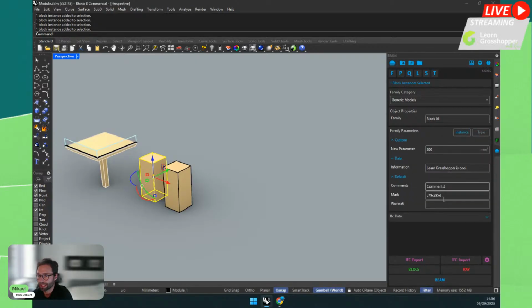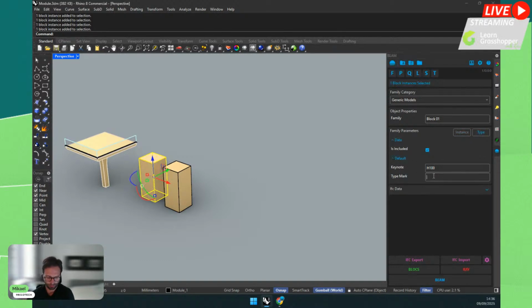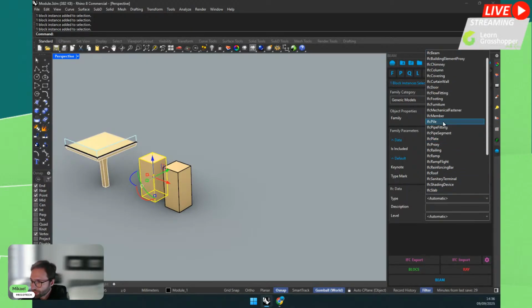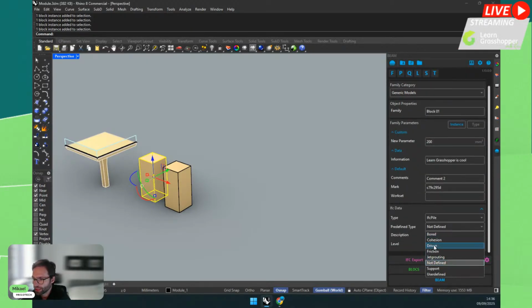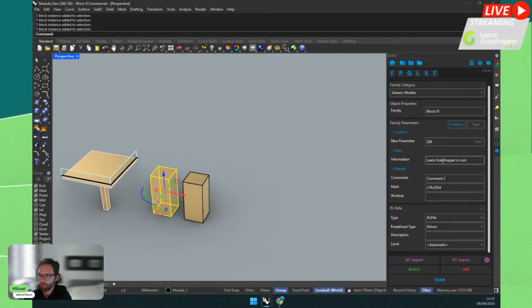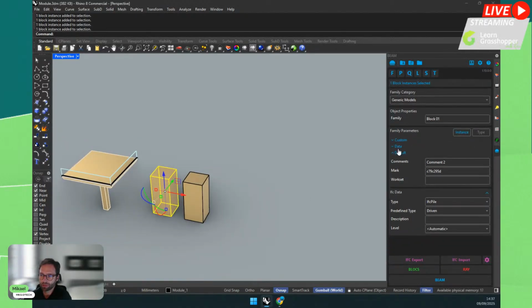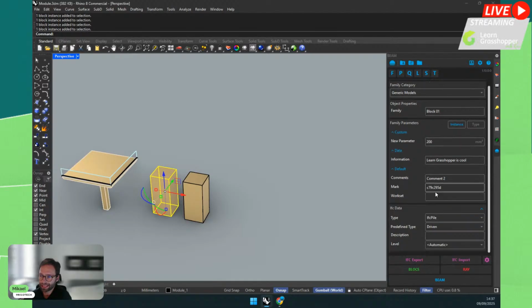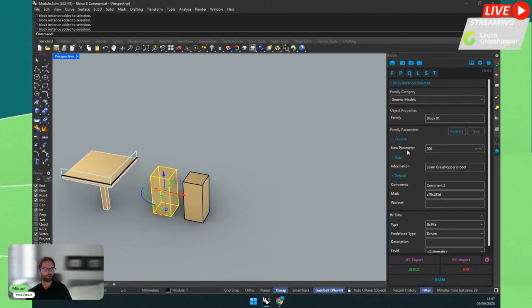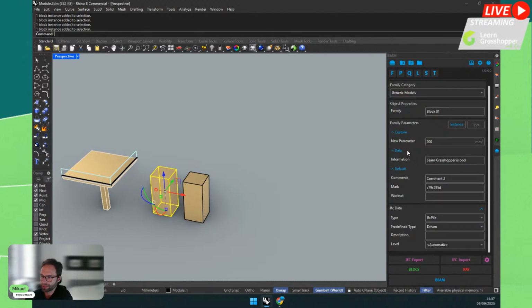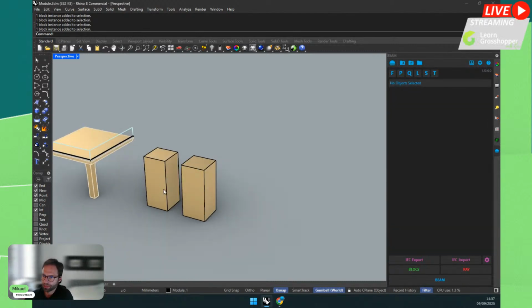So now I have assigned a few parameters to the objects. Maybe I can also add a type mark, and then one. We have maybe, let's change the IFC data to IFC pile, change it to driven, and so on. Okay, so now we have created a lot of parameters with property sets, different data types. We change the category and the type and predefined type, and so on. And this is starting to look a little bit more like a complete data set. Let's see something else we can do also.